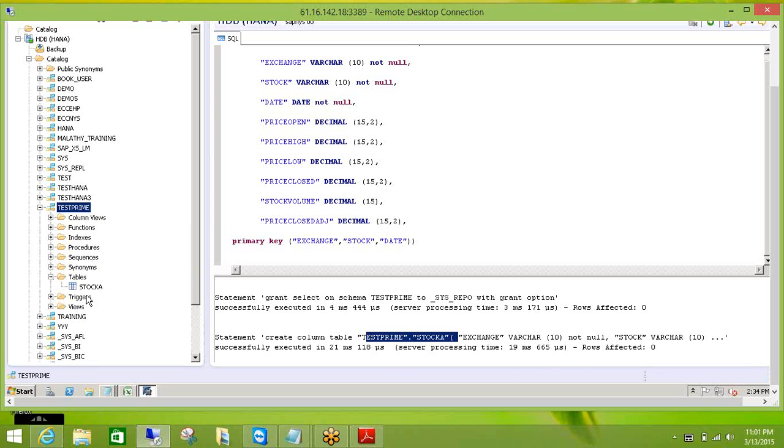Okay. So now if I see here, this is your stock A. Now if you see this symbol, a standing line means it is column-wise. If you see a horizontal line, it will be row storage. Okay. Now here, when we create a table,